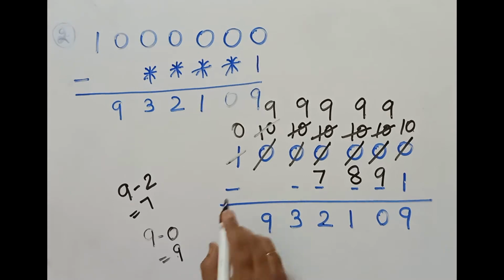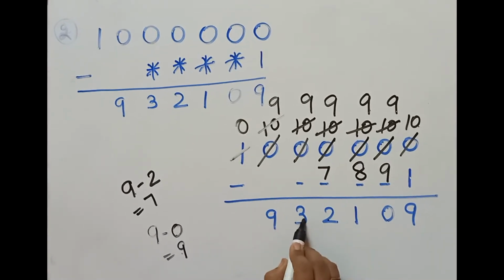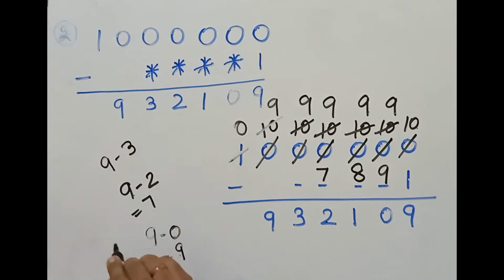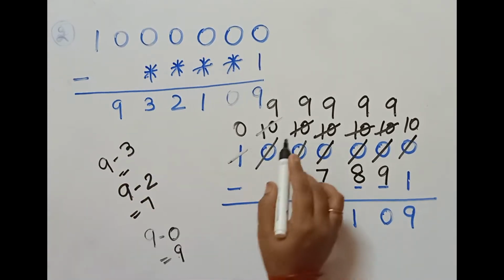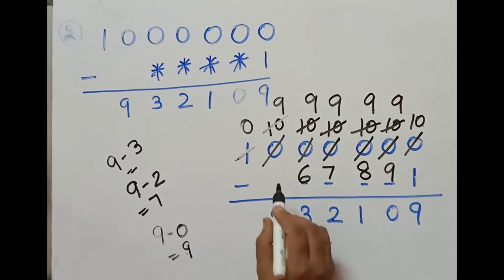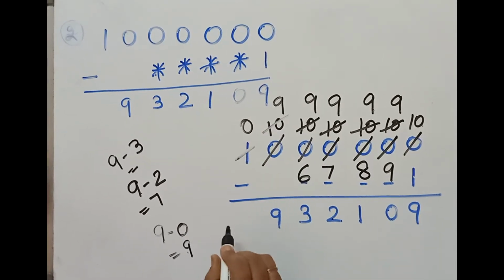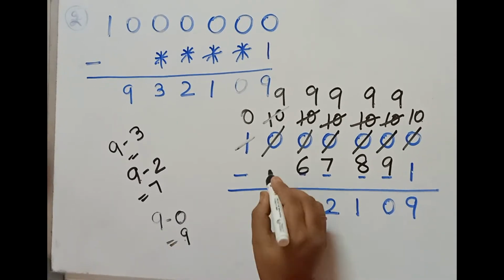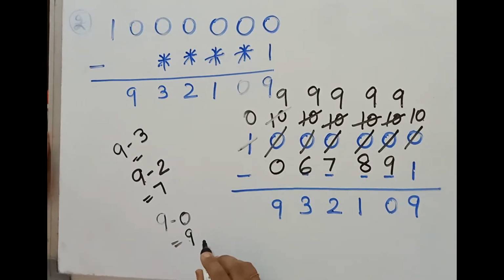Now the same way 9 minus 3. Now this number is 3 and here it is 9. So 9 minus 3, we have to subtract. When we subtract, we are getting 6. Now here 9 and here 9. So from 9, which number should I subtract so that I get 9? So 9 minus 0. It means this number will be 0.